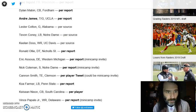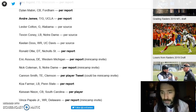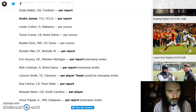That is everything that we want to see from our management and from our general manager and coaching staff, to be able to find these kind of guys, to know that they're incredible players, and even if we didn't get them in the draft, to be able to pick them up undrafted. So I think day one, Lester Cotton and Tavon Coney are starting players. Day one. I think everybody else on here